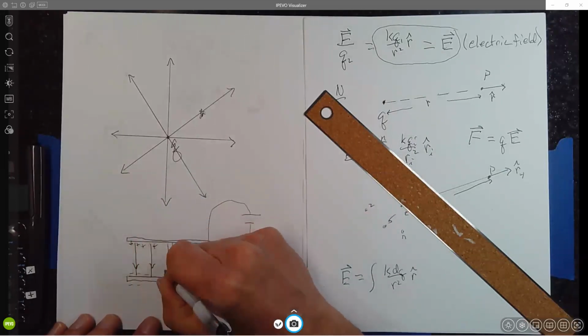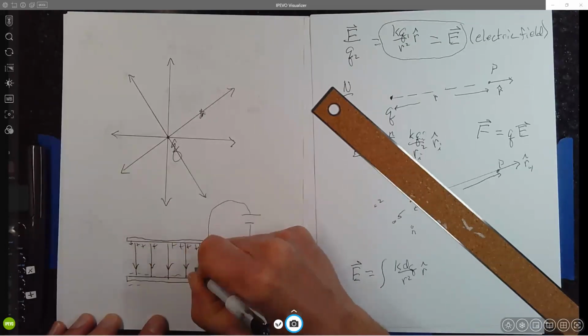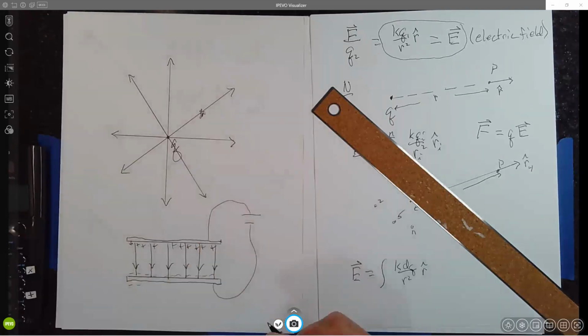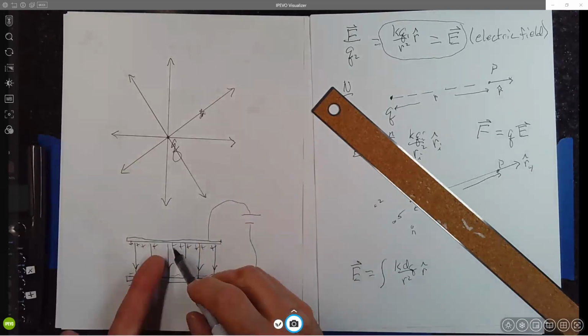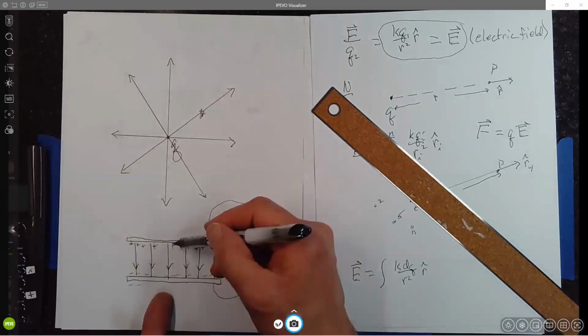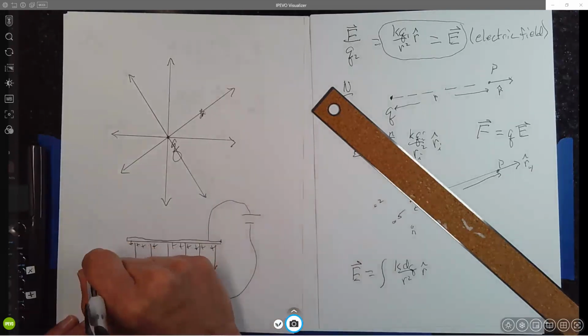Next week, we'll do calculations where we show this above an infinite conducting plane. And if you get close enough to a flat plane like this, it'll look infinite. And then you squeeze the distance between these things. But you launch an electron into here,